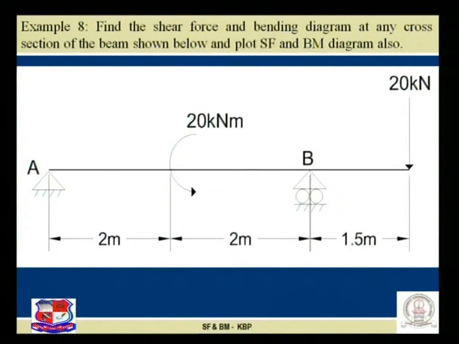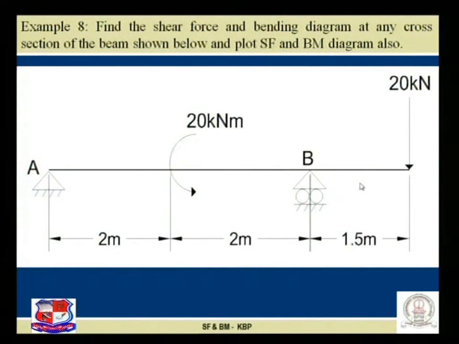Refer to the problem. The given beam, whose one end is projected beyond the support B, is known